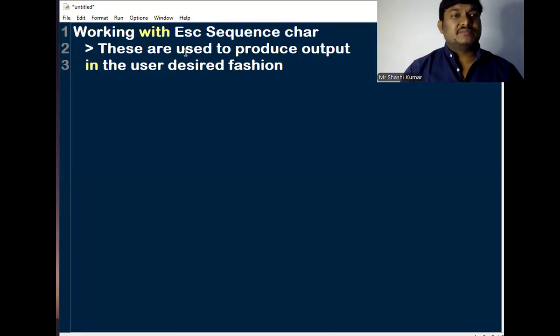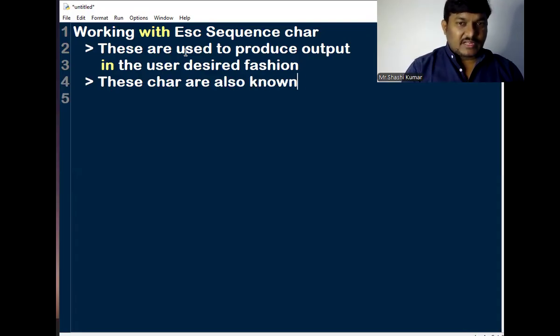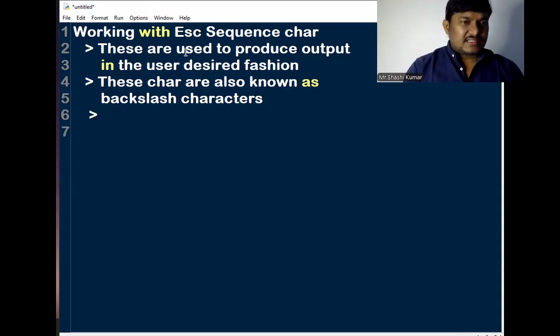And the next one, these characters are also known as backslash characters. And these characters can be used